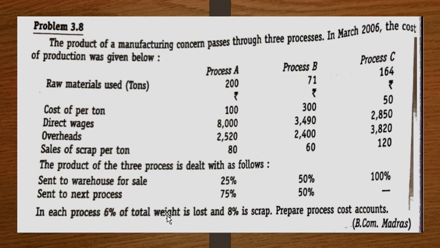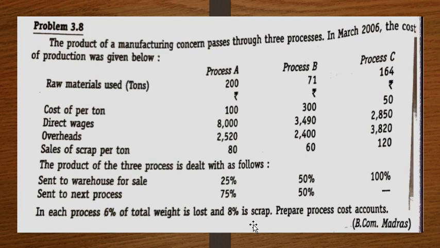But when there is scrap, any waste from that particular product, it can be reused and it can be sold again. So your weight loss cannot be recovered, so we can't sell anything out of weight loss once it is lost. But scrap is the leftover pieces or small particles which are left over from the main product. So this can be sold for a certain percentage, so only scrap can be realized here, but not the total weight which is lost.